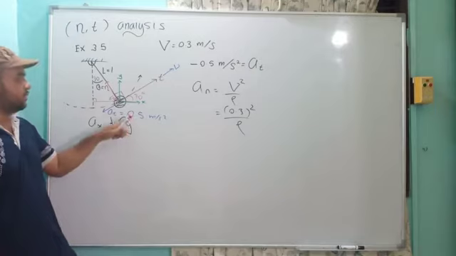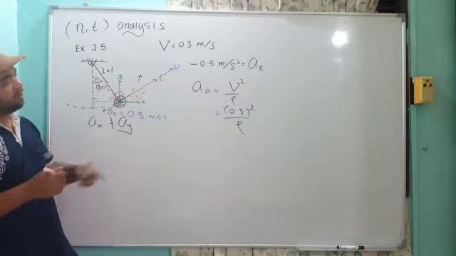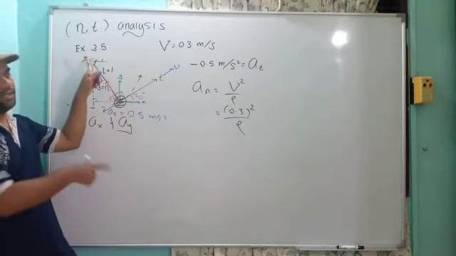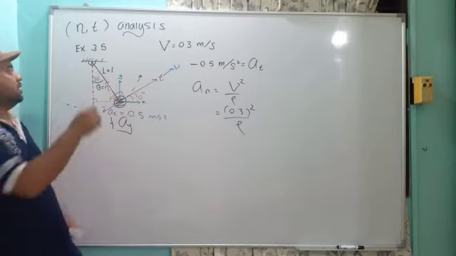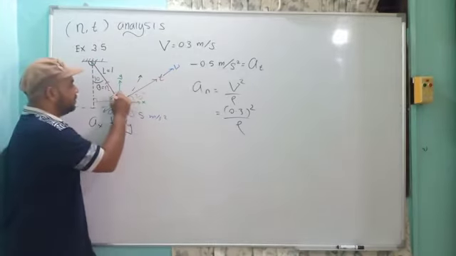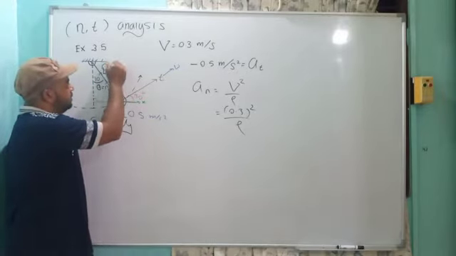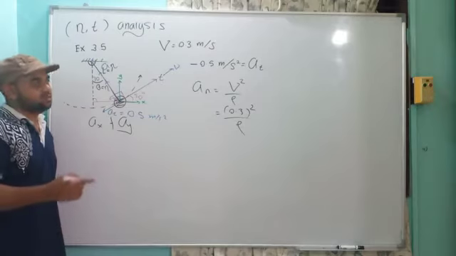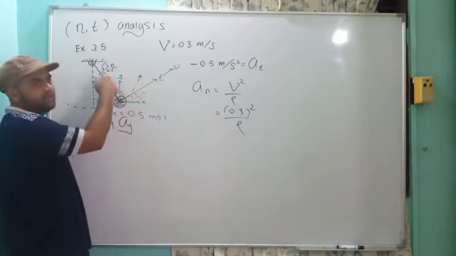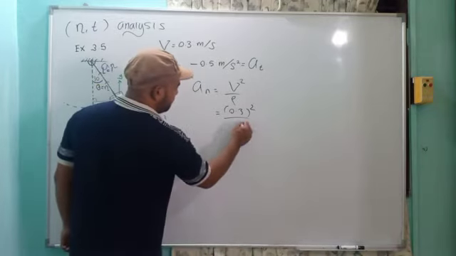Okay, so negative 0.5, which is opposite direction. And the A normal must always be toward the center of rotation. So this is our center of rotation. In a pendulum swing, of course, the center of rotation is where the pivot is. So this is your A normal. Okay. So in this case, the rho, from the point to the pivot, given here is 1. So the rho here is 1.